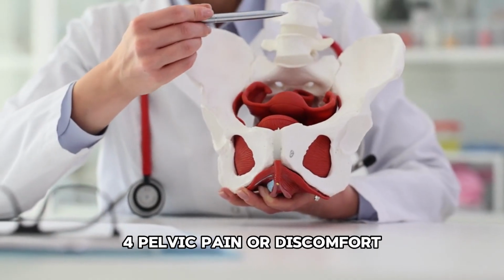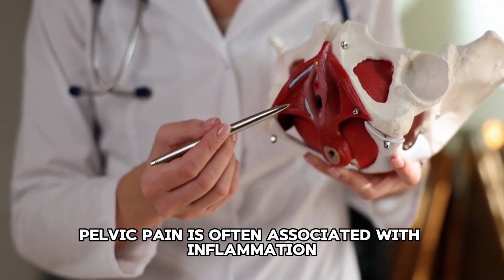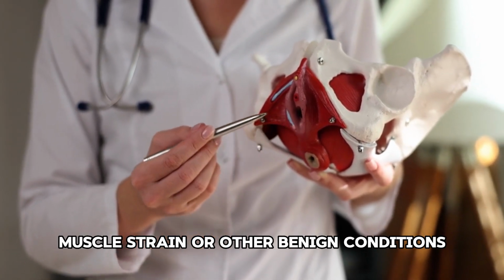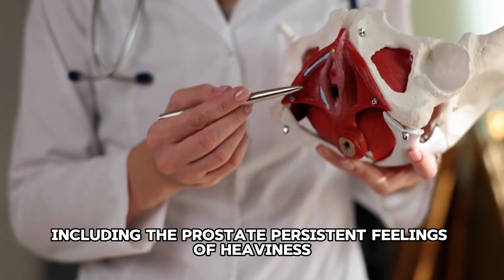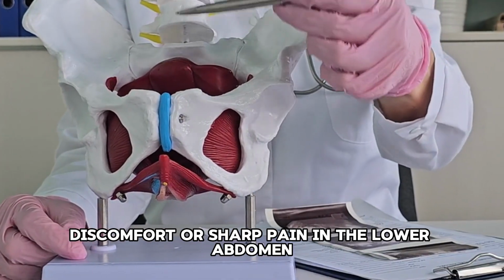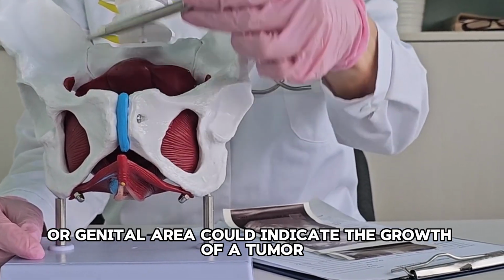4. Pelvic pain or discomfort. Pelvic pain is often associated with inflammation, muscle strain, or other benign conditions, but it's crucial to remember that the pelvic region contains multiple vital organs, including the prostate. Persistent feelings of heaviness, discomfort, or sharp pain in the lower abdomen, lower back, or genital area could indicate the